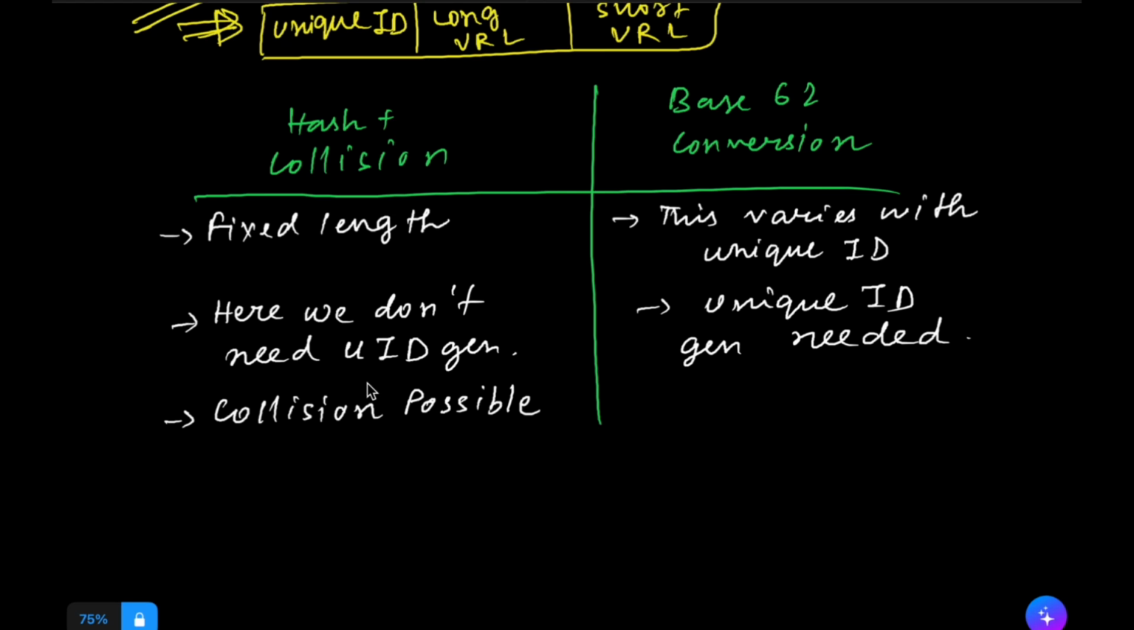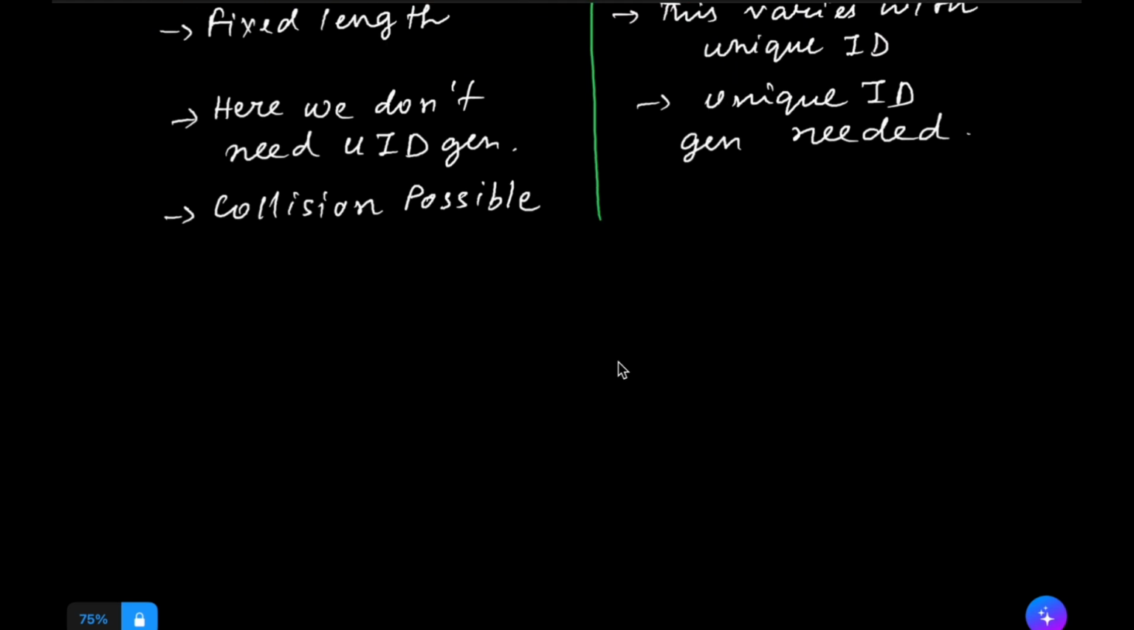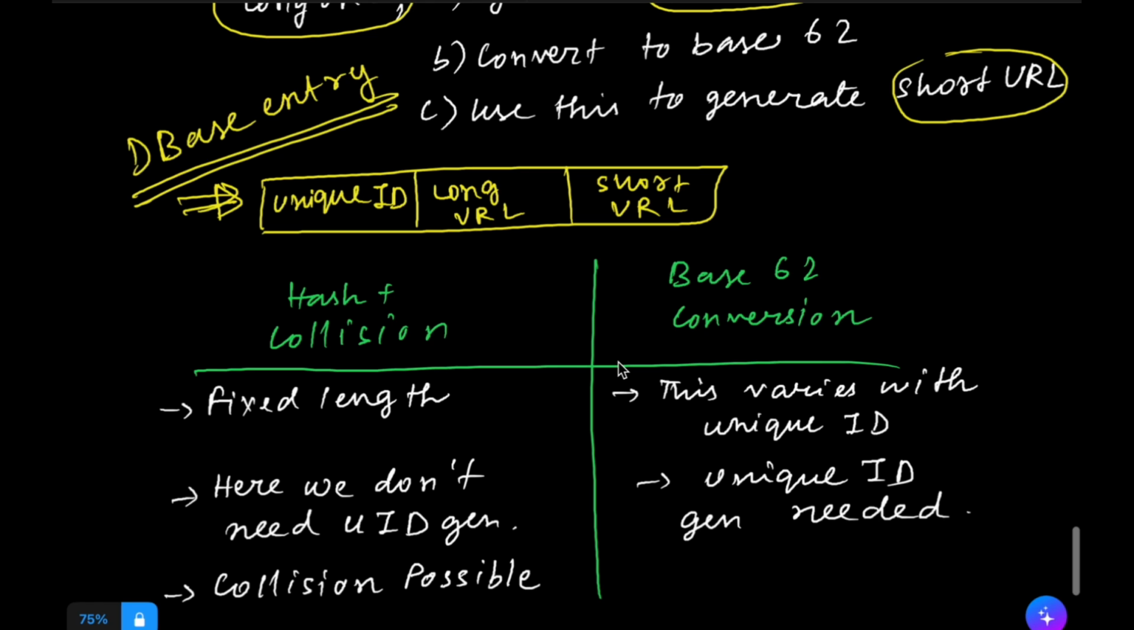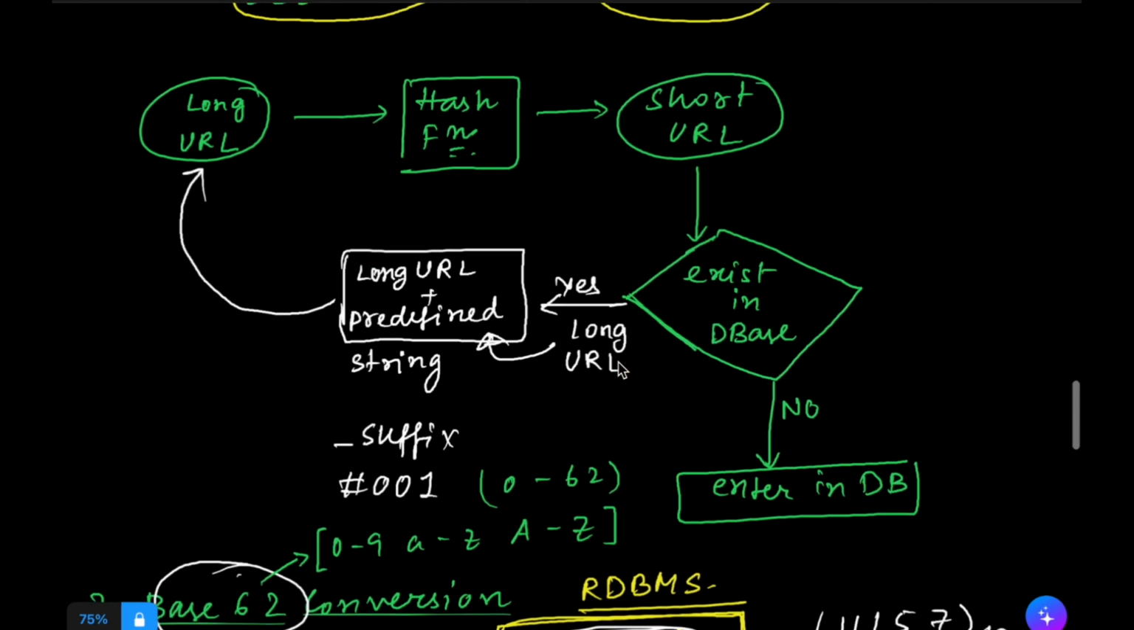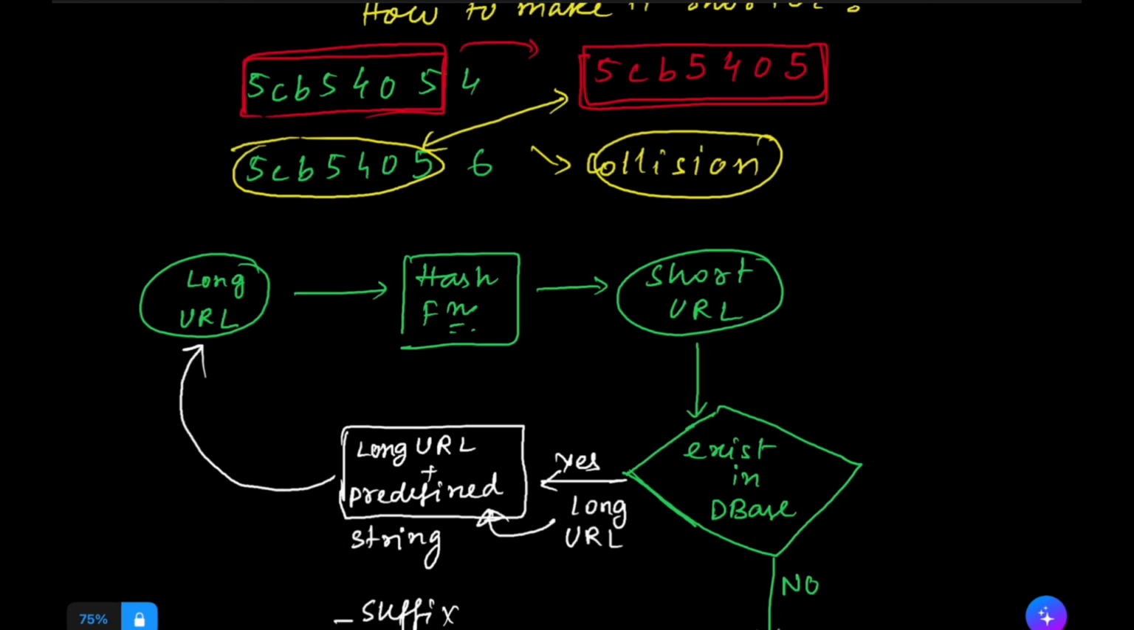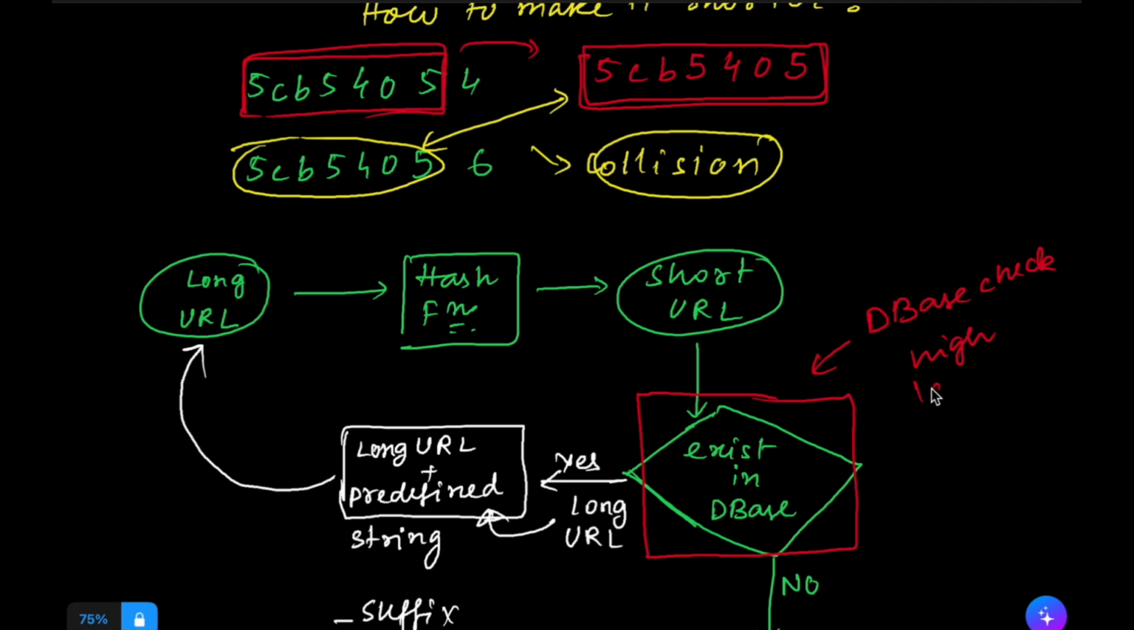One thing I forgot to mention is that in hash plus collision there is a drawback, right? Can you find one drawback here? This database check. As we know, disk IOs are very resource intensive and very time consuming, thereby incurring high latency, right? So this is one of the drawbacks, and to overcome it